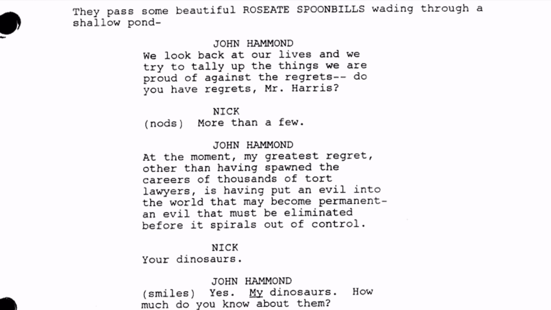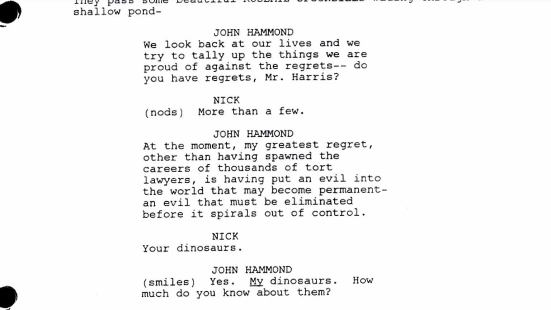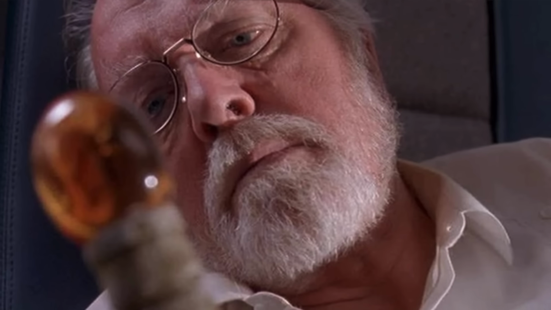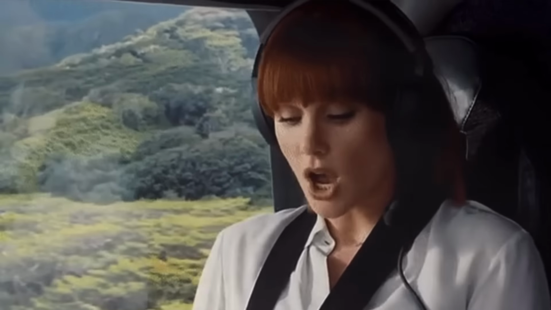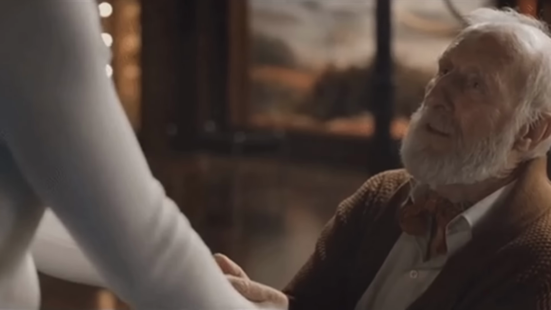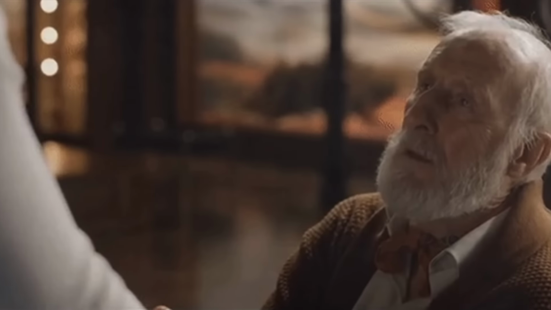Now, it's important for me to note at this point in the video that nothing I'm about to go over is official canon. This is all information taken from John Sayles' Jurassic Park 4 script that got leaked online in the early 2000s. None of this really went down in the movie timeline, since this film was never produced. And of course, by the time we get to Jurassic World, we learn that John still wanted to keep his dinosaurs safe even while he was facing death. So the opinions and goals of John in this unmade film do not reflect how the man would have acted later on in the real timeline of the series.